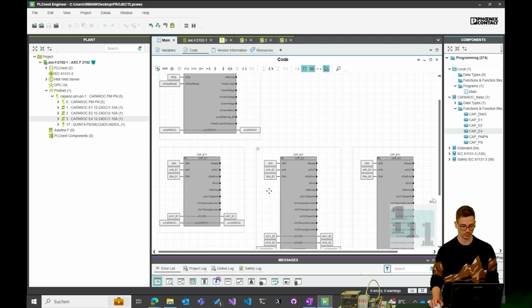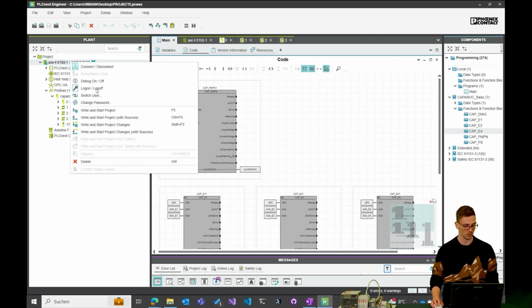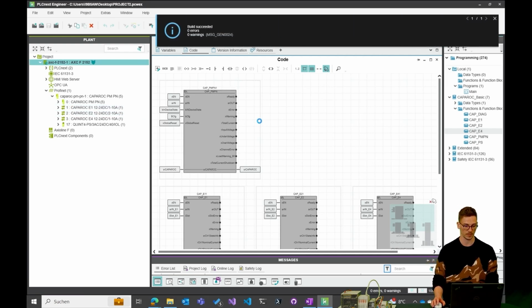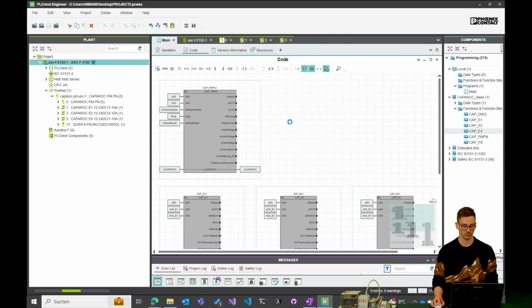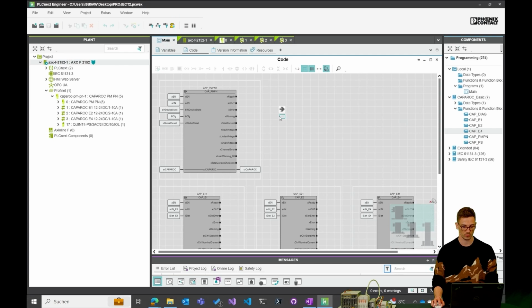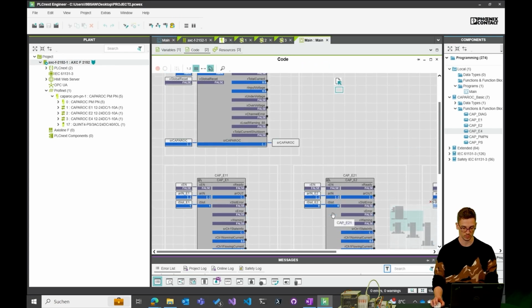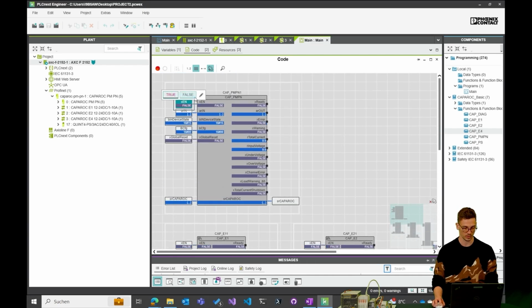And now we can download the project to the PLC. Let's go into the online view. Enable all the function blocks.